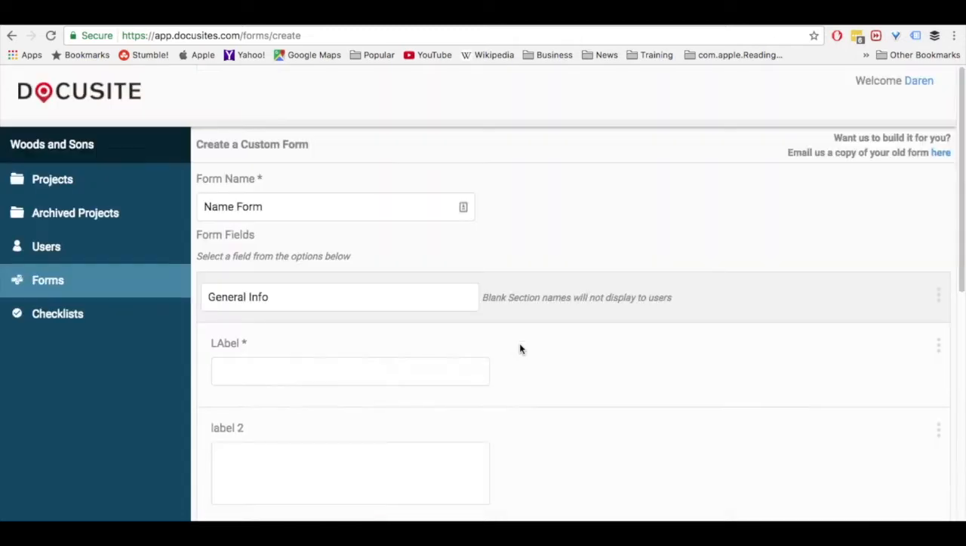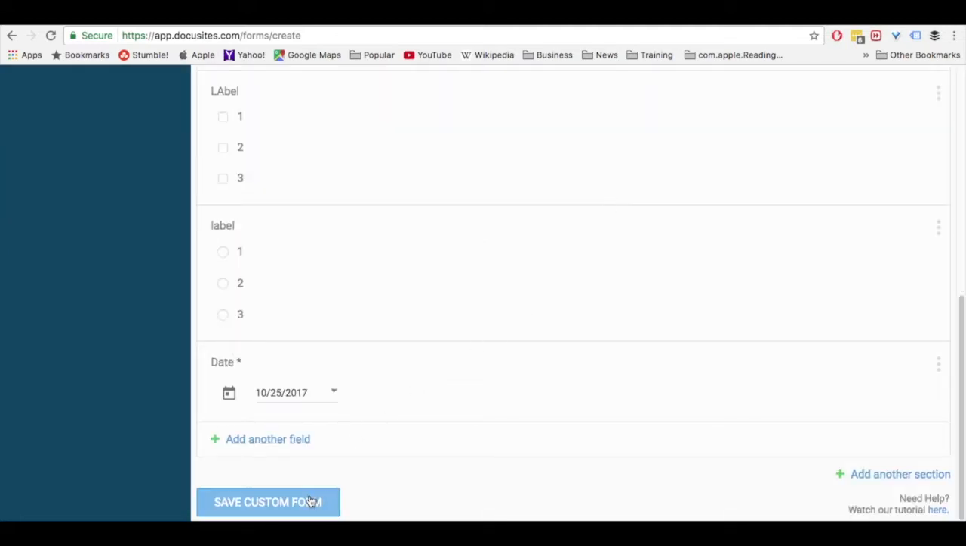It's very simple. If you have trouble doing this and you wish to just have us create one for you, just click this link here and select the email that you want and send us your form and we'll create it for you. To save, just go down to the bottom and select